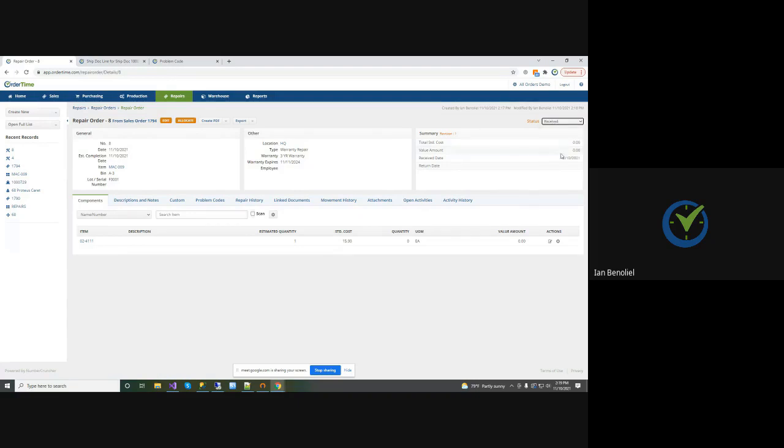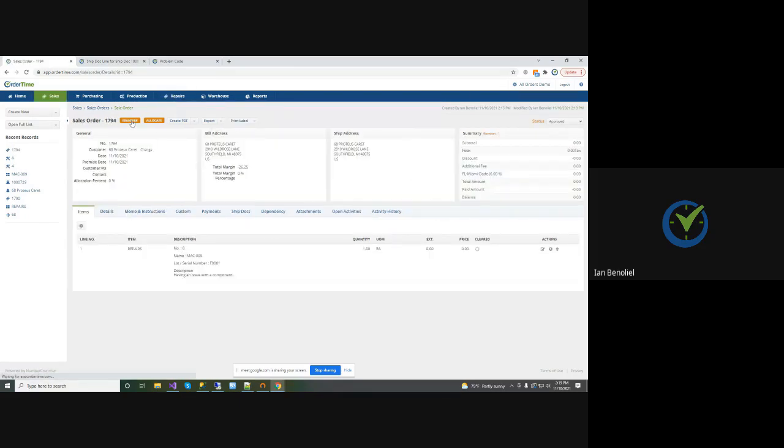See back. So now when we receive it from the customer, we put the receive date. We go ahead and fix our order. And at that point, once the order is completed, we just do a ship doc, and that closes off the